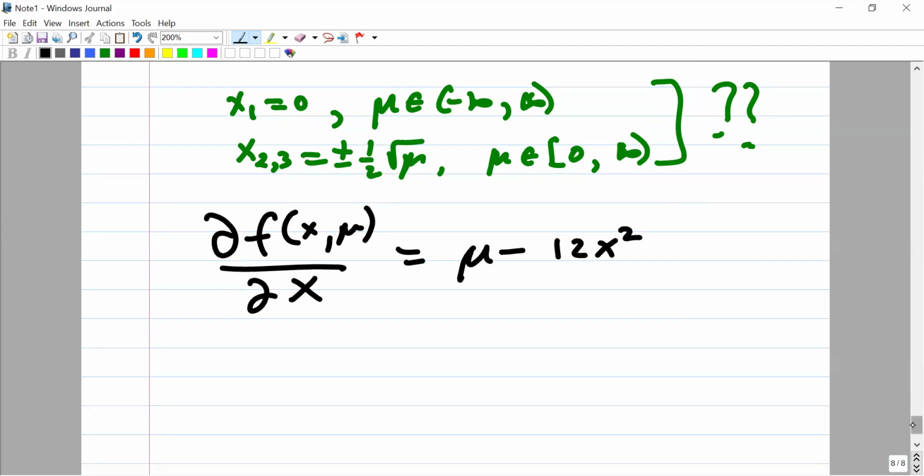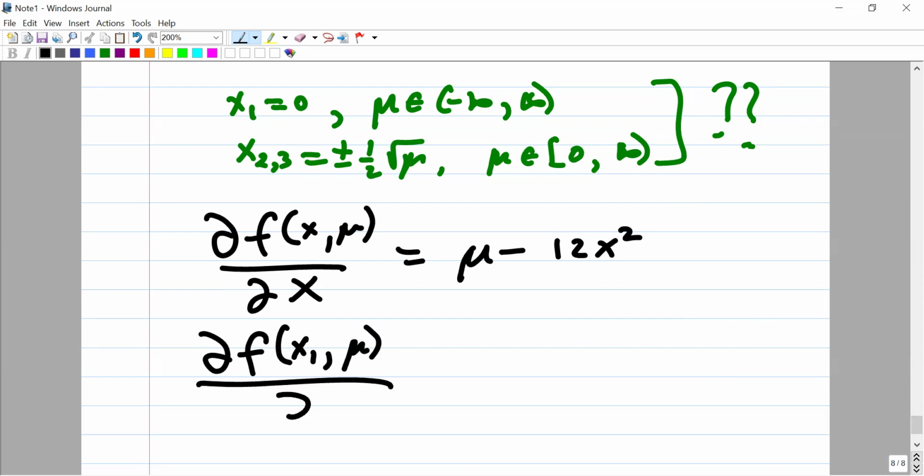That's our derivative. So now let's start evaluating at the equilibrium points. So this then says that the derivative is equal to mu, and we check the conditions for stability